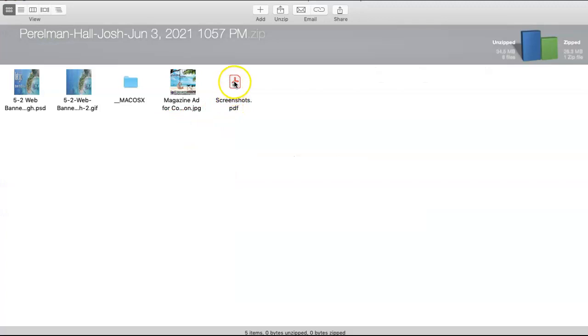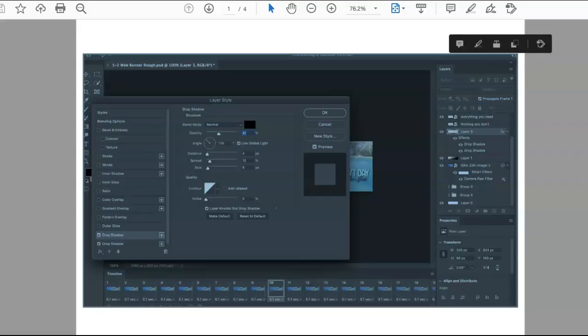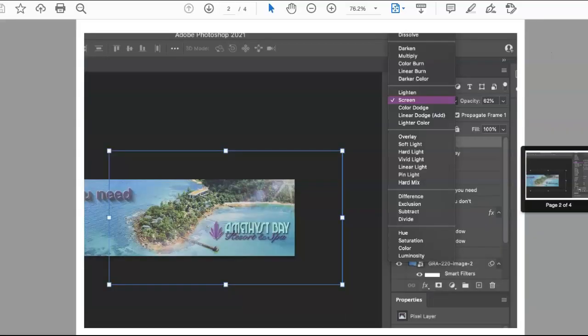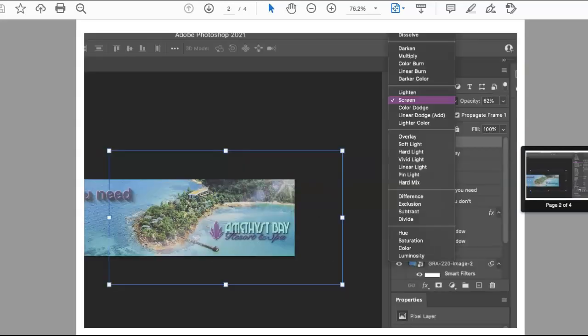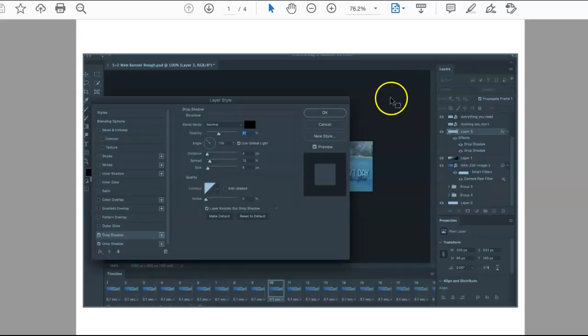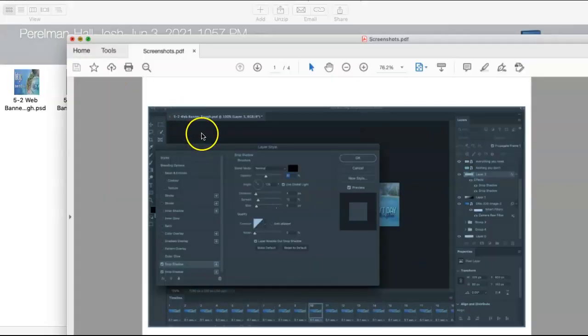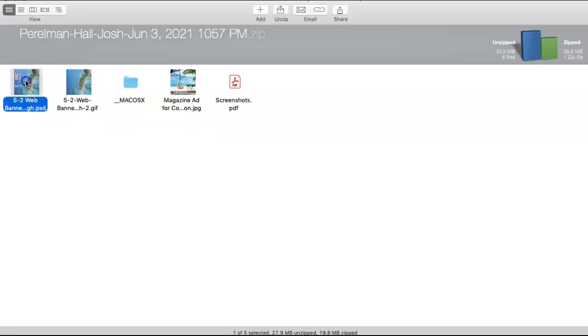Josh, here's your package, nicely packaged. Screenshots, really useful for your final reflection into your narrative as illustrations. The final reflection, I think, is like 4 or 5 pages, so you probably don't want to use all of them, but just highlights from your technical processes. And here is your web banner